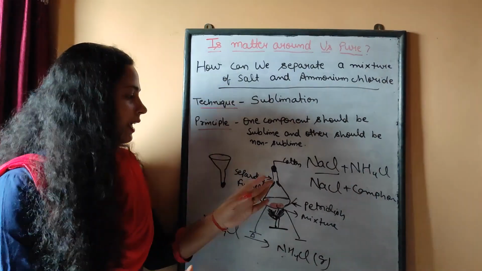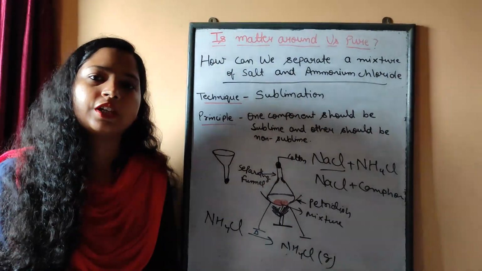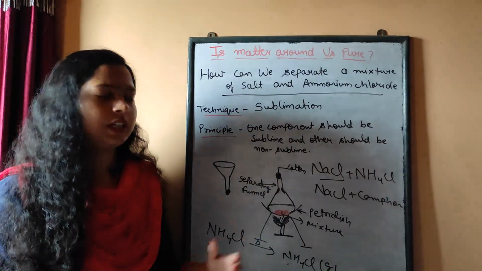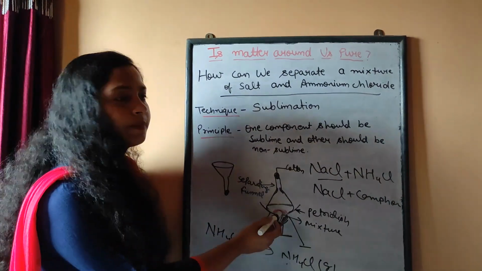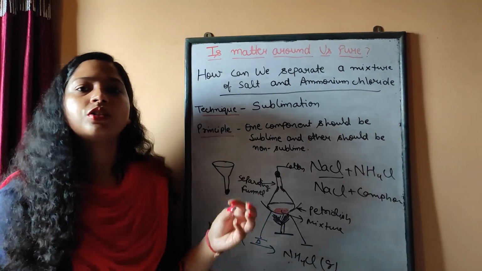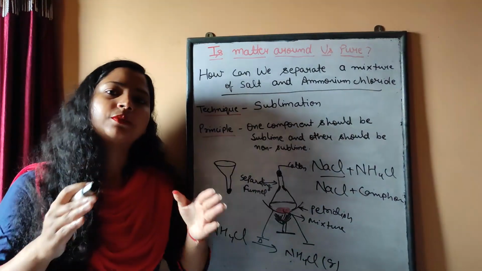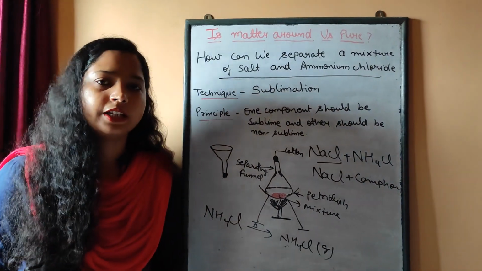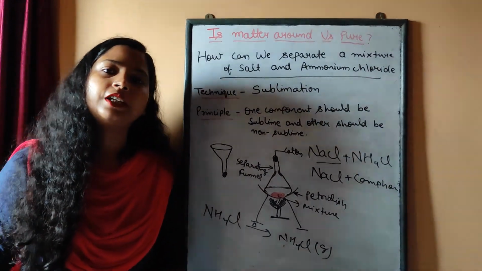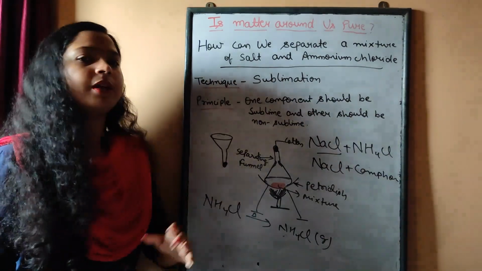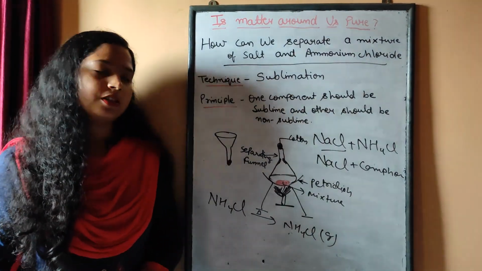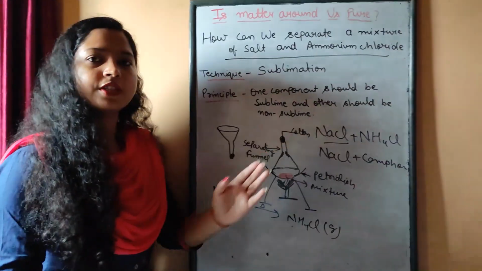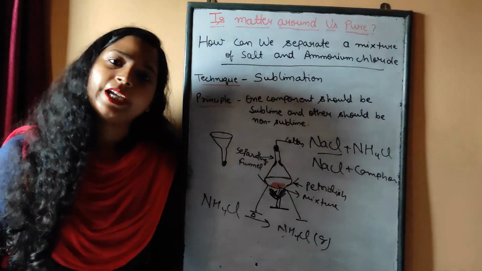तो व्हाट विल हैपन, यहाँ पे वो फिर सॉलिडिफाई होना शुरू हो जाएगा बिकॉज एट द टॉप ऑफ द फनल टेम्परेचर जो है वो लो है इन कंपैरिजन टू दिस पार्ट ऑफ पेट्री डिश. तो यहाँ पे क्या होगा, सॉलिडिफाई होके वो फनल के वॉल्स में स्टिक करना शुरू कर देगा. एंड इन द पेट्री डिश वी आर लेफ्ट विद द NaCl. So by this method we can separate the sublime and non-sublime material from each other. अब इस फनल को हटा लेंगे, यहाँ से हम स्क्रैच कर लेंगे तो यहाँ हमको NH4Cl मिल गया एंड पेट्री डिश पे we get the NaCl.